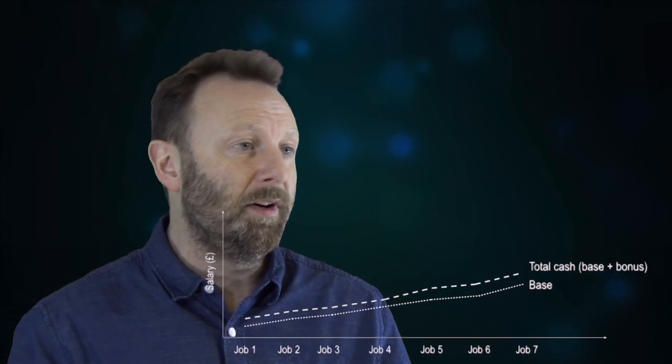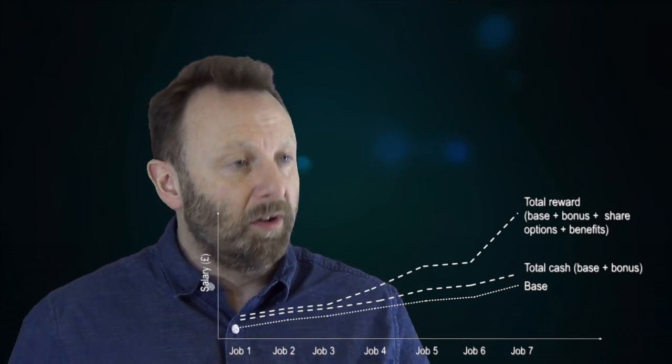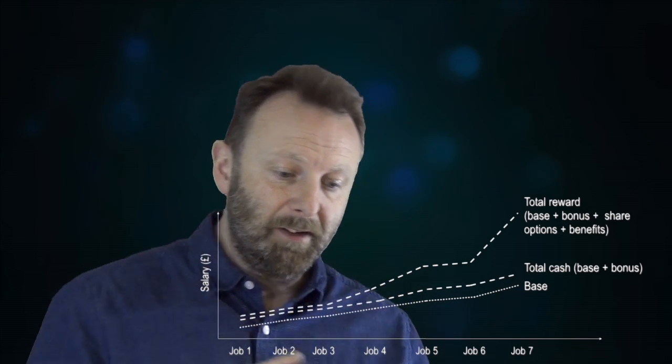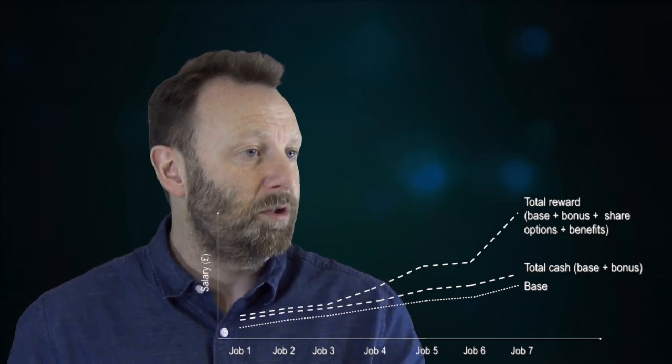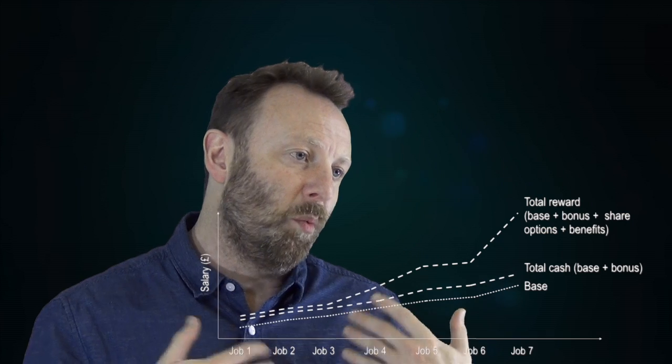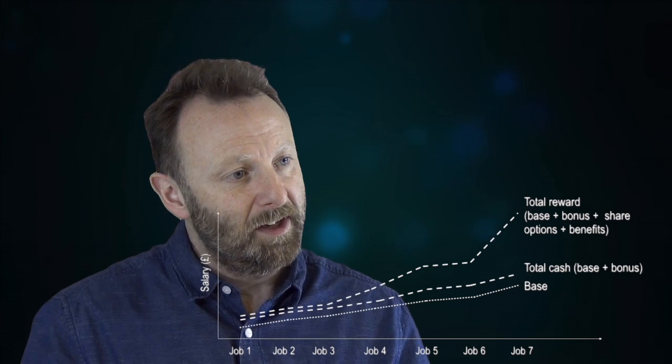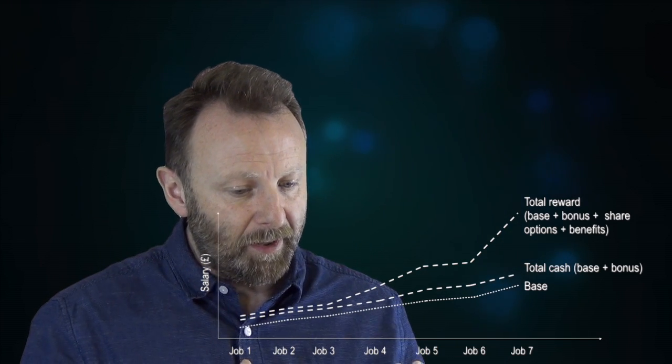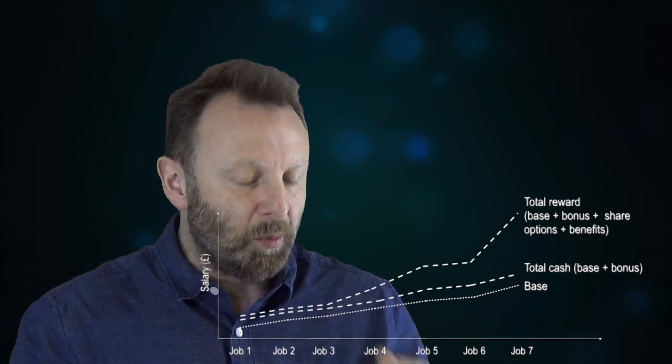We might even go further than that and incorporate all of the elements of so-called total reward. So not just base pay, not just bonus, but also other things like share options or benefits. That all of these things together represent what our competitors are offering. Now, it may be that when we do the analysis, those things don't appear to be important, that there doesn't seem to be much difference between them, that the total reward, total cash and base pay all kind of move in the same direction